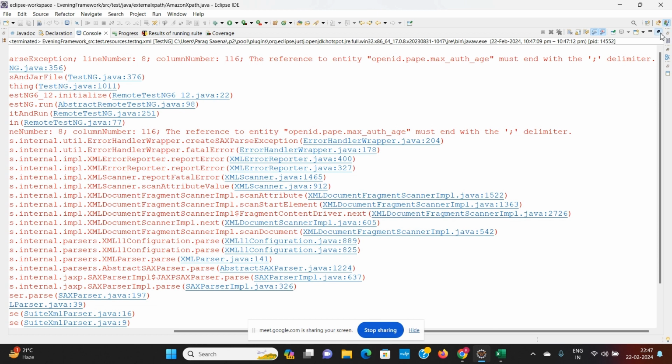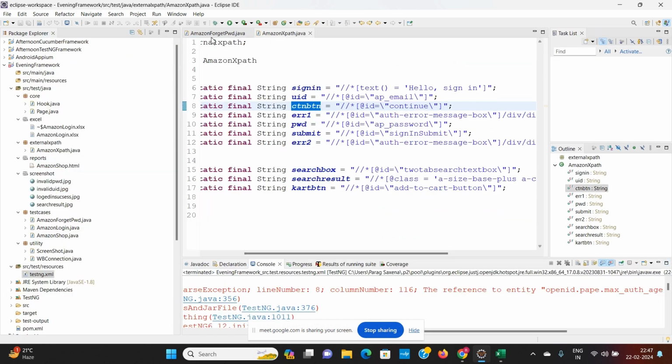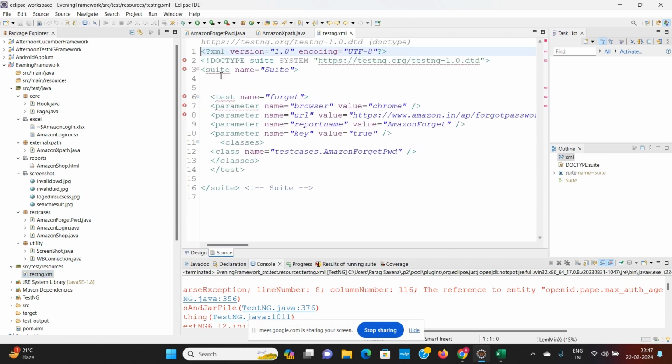अच्छा अच्छा, इसलिए error दे रहा है. Okay. Why is it giving the error? It is giving the error because